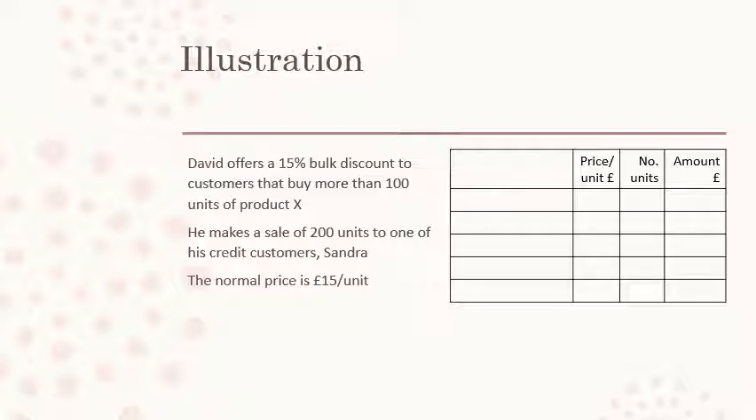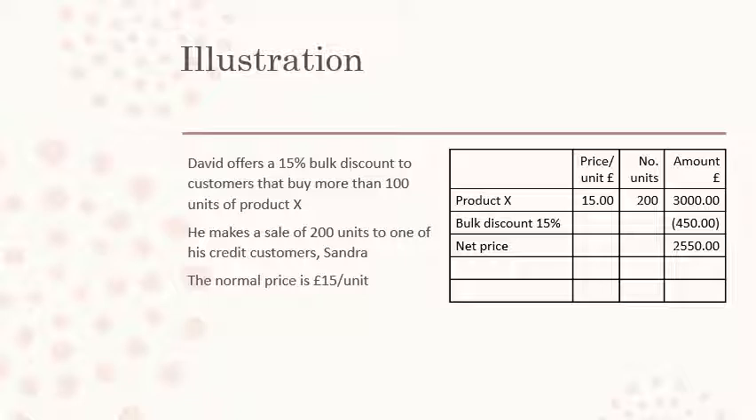So we'll start off by working out the price of these units before we apply the bulk discount. So we have product X, £15 each, 200 units, that's £3,000 in total. We can then deduct the bulk discount that would be offered. So that's 15% of £3,000 or £450. So the net price after we've applied that bulk discount is